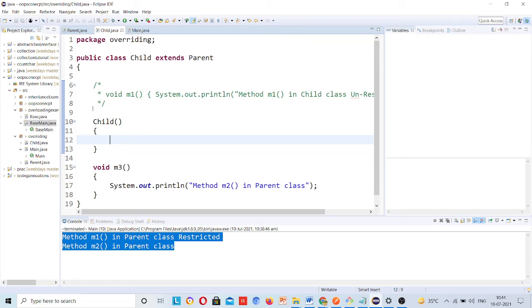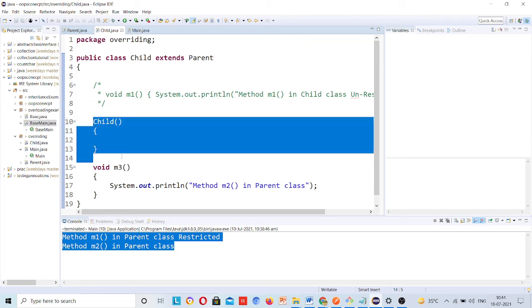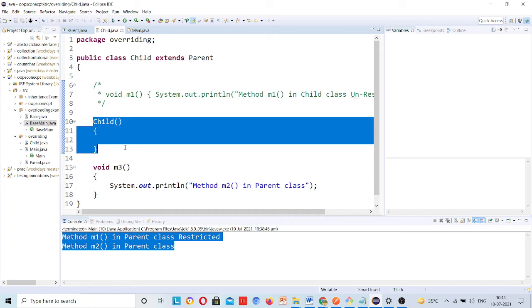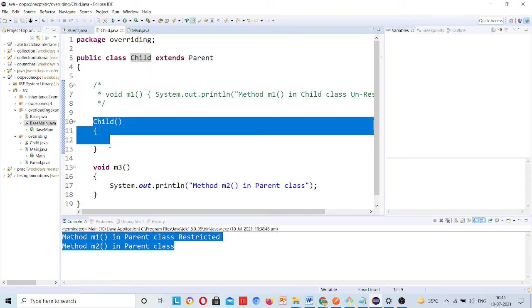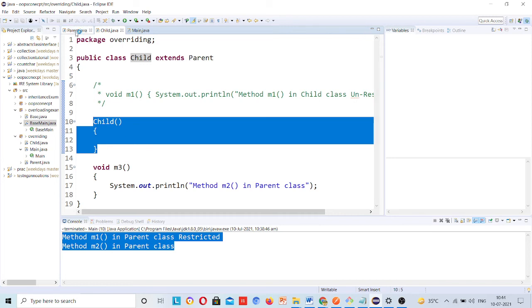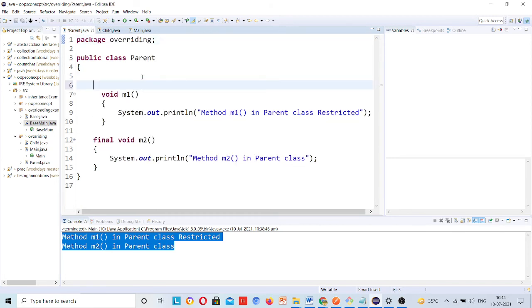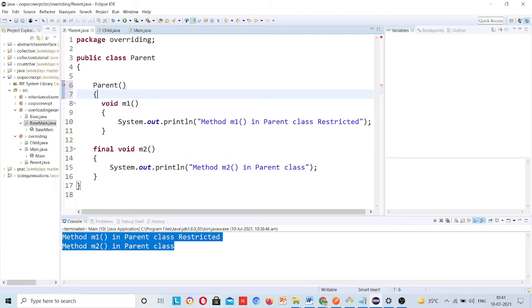These lines, line numbers 10, 11, 12 and 13, are present in the child class, and even in the parent class. Any class that you create has this code present. So the child class's default constructor is already present, and similarly inside the parent class this code is present, whether you write it or not.